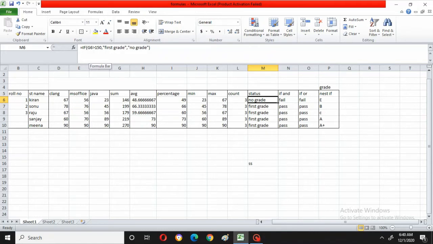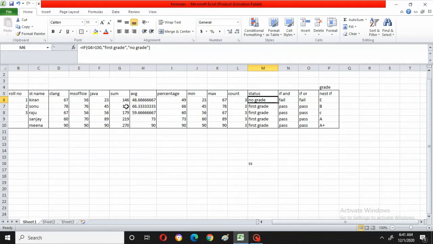So G6 here is the sum. The total of each person I am checking with the number 150. If it is greater than 150, it should give first grade, or if it is less than 150, it will give no grade. Can you see here? See, 146 is less than 150. That's why it is saying no grade.